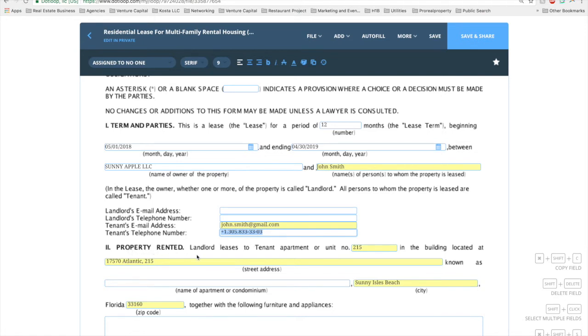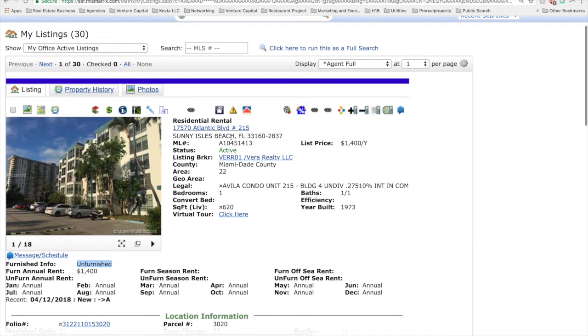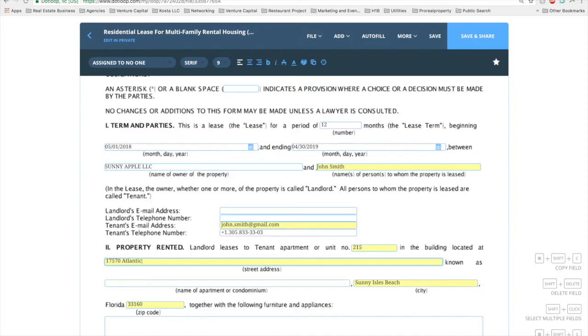Property rented. A landlord leases to tenant apartment or unit number 215 in the building located at the address. This is 17570 Atlantic. Sometimes it copies the information or pre-fills it not in full, so we need to double check. So it's 17570 Atlantic Boulevard actually. So we put Atlantic Boulevard,